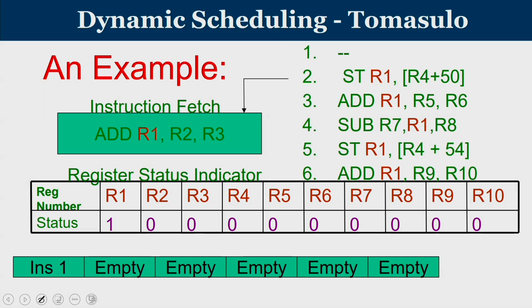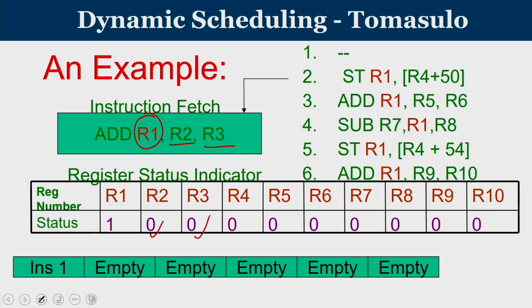So consider the first instruction, add R1, R2, R3. All instructions are of the format: the first operand is going to be the destination. So R2 and R3 are being added and you are going to write the result into R1. Now in this case you have to see what is the value of R2? The value of R2 was 0. What is the value of R3? R3 also is 0. That means both the operand values are available inside the register file.